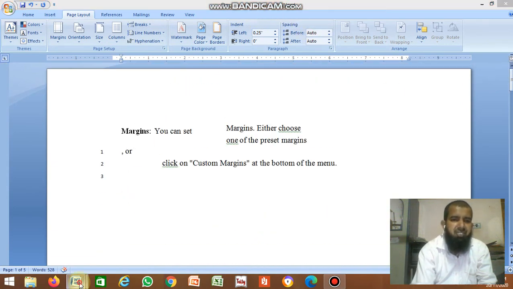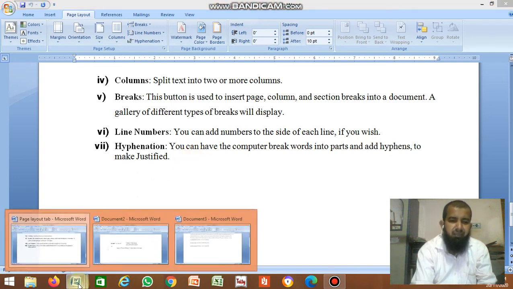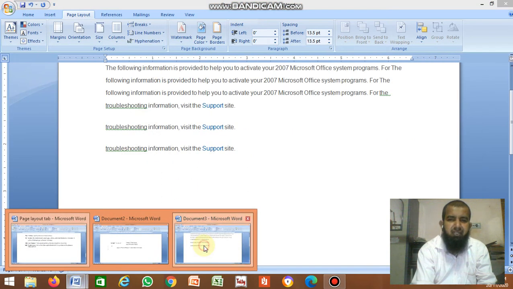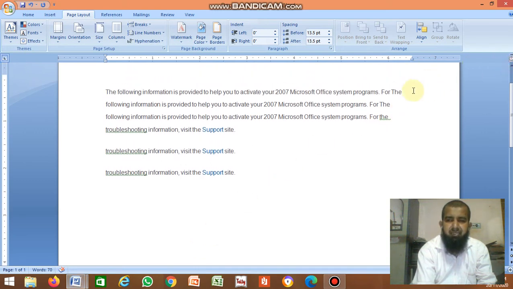Next, the last option is Hyphenation. You can have the computer break words into parts and add hyphens to make the text justified. For example, if you want to add hyphens at the end of each line, sometimes the last word of the line is a bigger one.